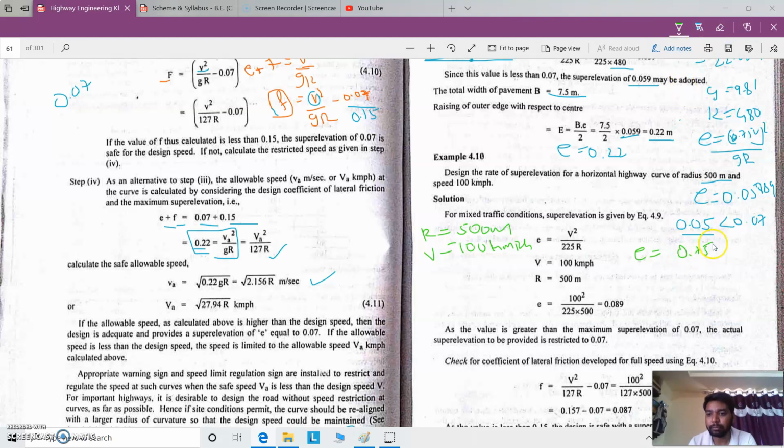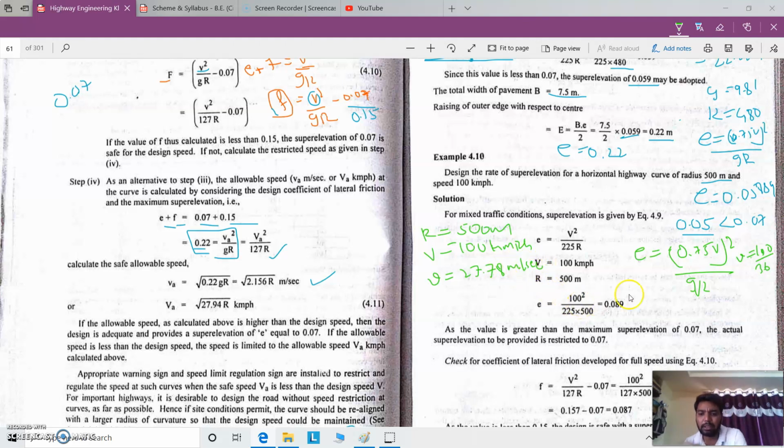0.75 v whole square divided by gr, right? Once you calculate the super elevation, and here v is 100 by 3.6, because it is considered in meters per second, right? And 100 by 3.6 will give 27.78 meters per second as v,